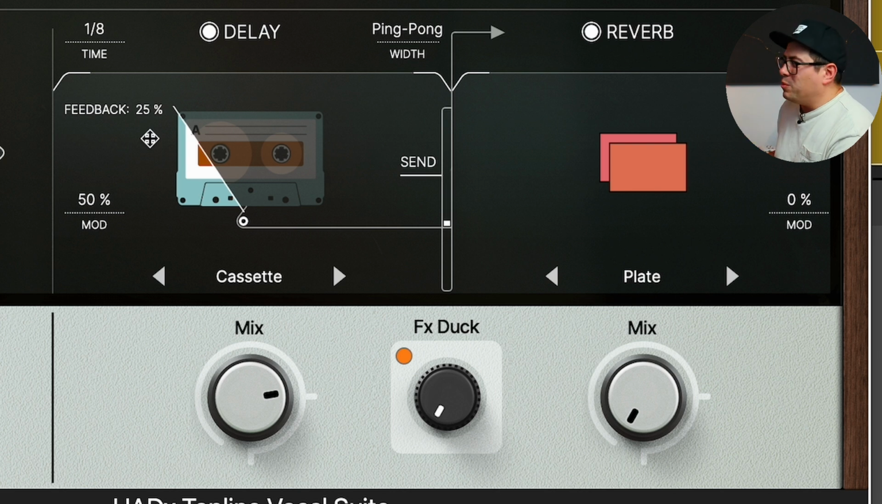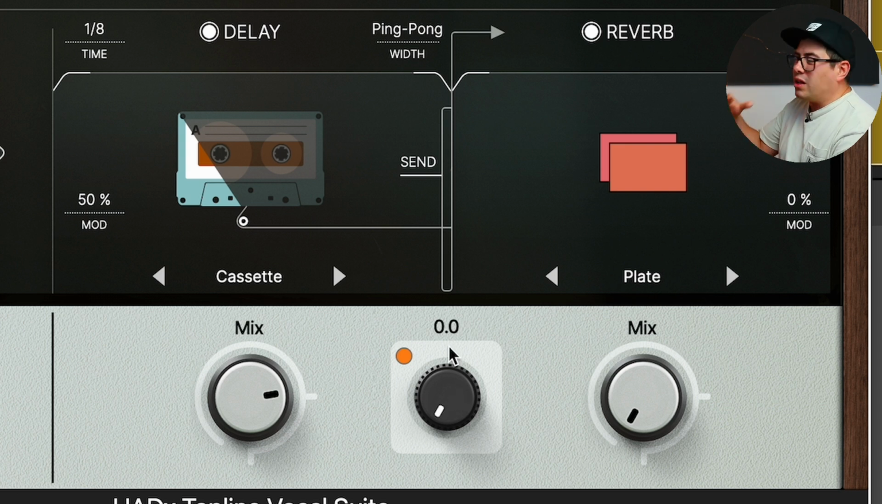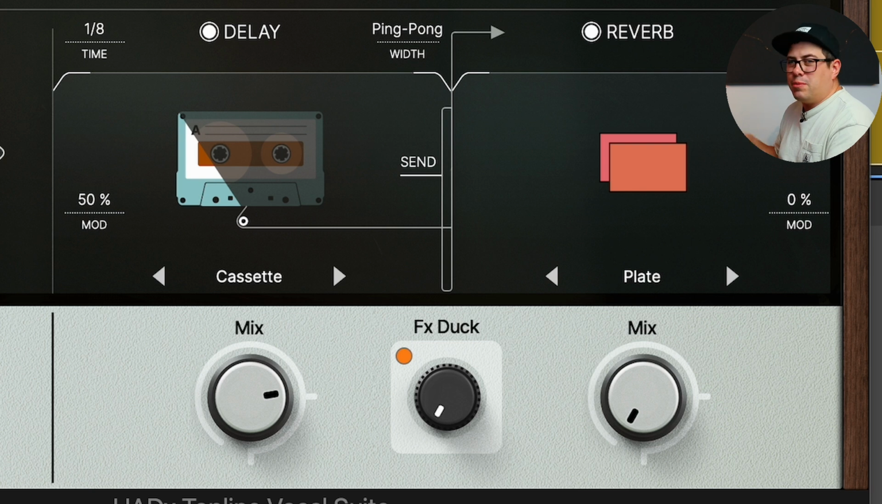Always like a little bit of modulation on delay and reverb. I think it adds a really cool effect. Then there is also the effects duck. So if we push this up, it's going to push down the effects while the vocals are singing. This is a great way of just keeping the vocals sounding clean and then letting the effects trail out after